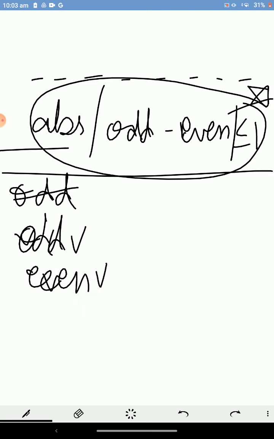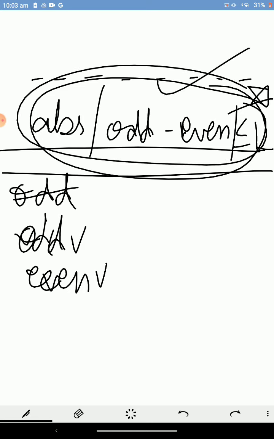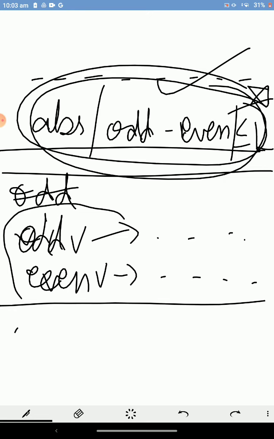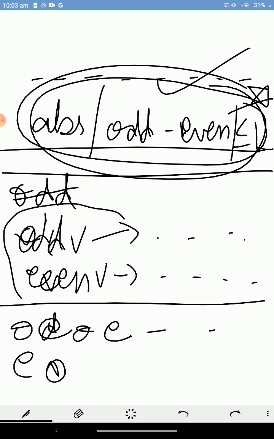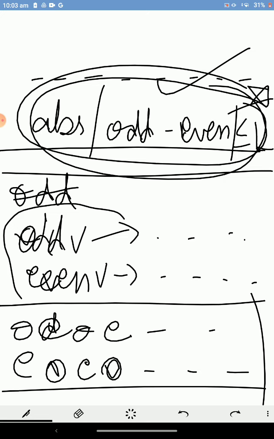Firstly we'll check this condition. If this condition is satisfied, then we'll store the indexes of all the odd numbers in one vector and the indexes of even numbers in the other. The first case is that the elements are arranged in odd-even fashion, and the second case is even-odd fashion. If we consider this case, the indexes are 0 1 2 3 and so on. If at an even place the element is already odd, we will move on.